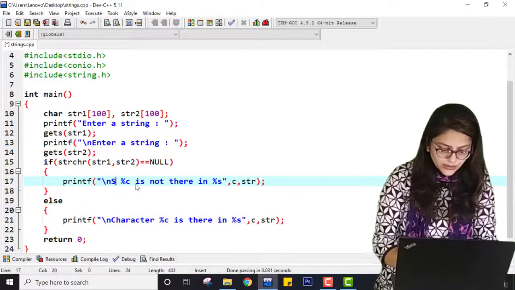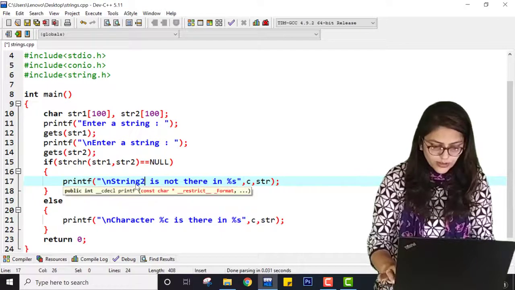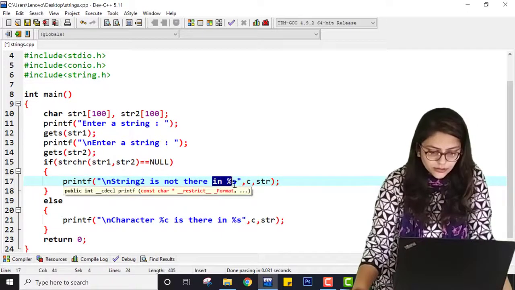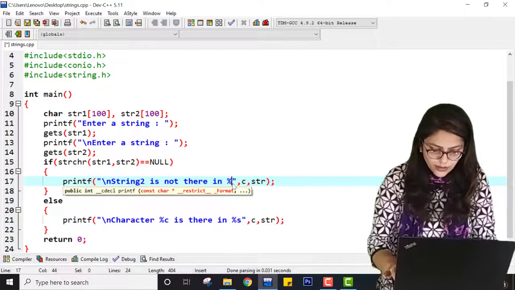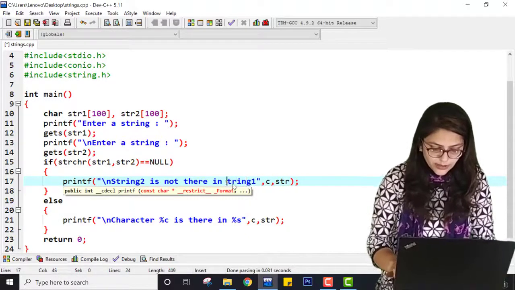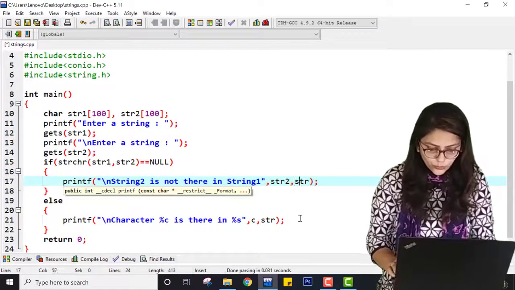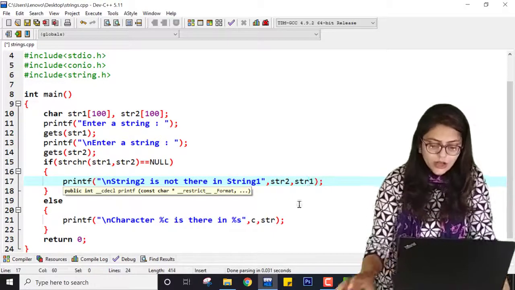Here you can write and string 2 is not there in string 1. Right? You can write it like this. Here it will be str2 is not there inside str1.